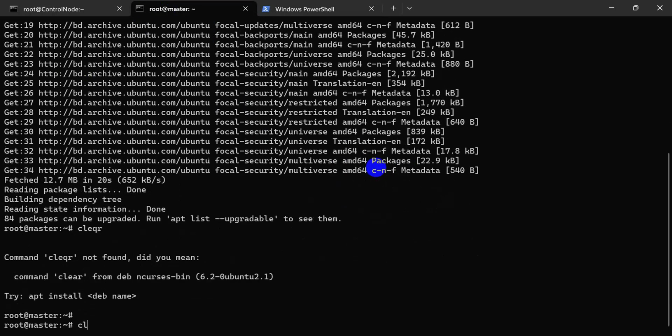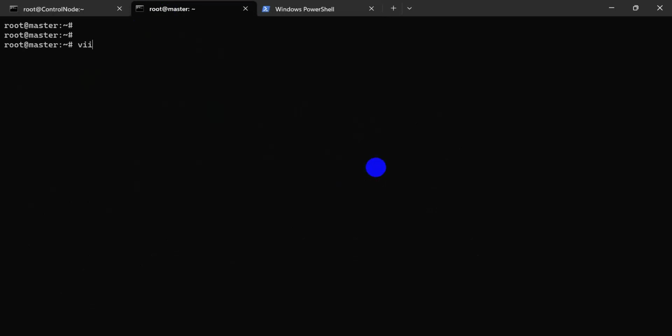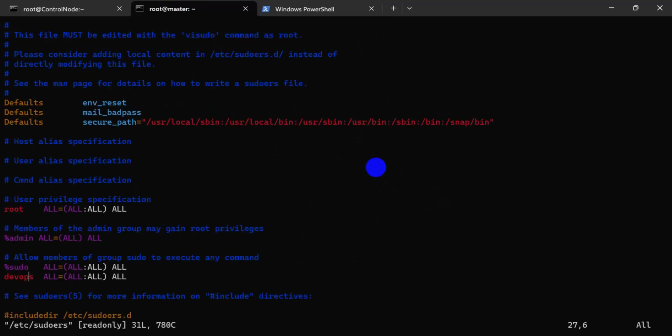Here is the sudoers file with sudo permission. Now we need to